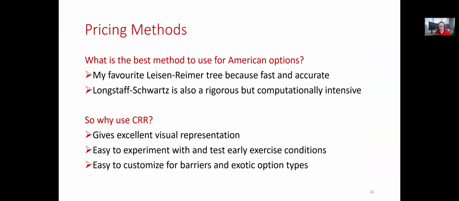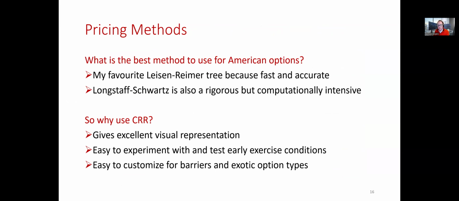below the YouTube channel. Now, in terms of pricing methods, what is the best method to use for American options? Well, my favorite is the Leisen-Reimer tree because it's fast and accurate. And the Leisen-Reimer tree is implemented in the American option pricing workbook. And the difference between this tree and the Cox-Ross-Rubinstein tree is it's more accurate for pricing options that are not